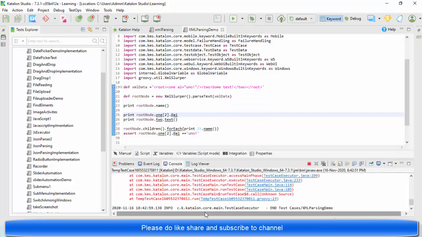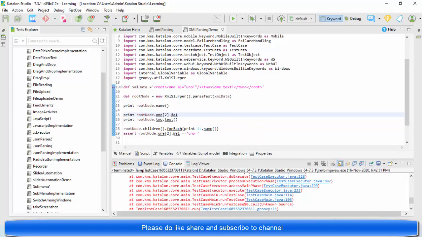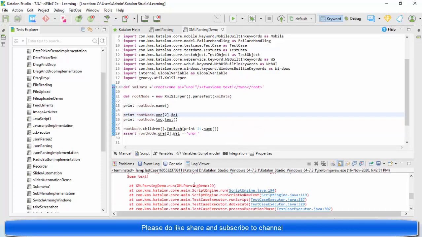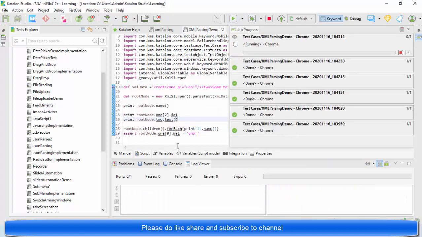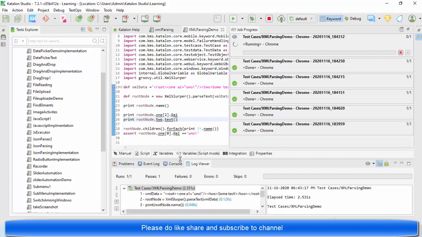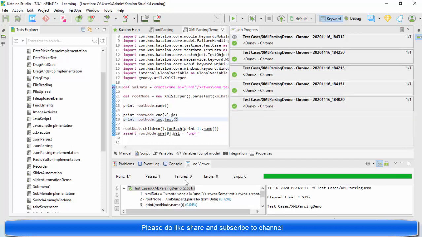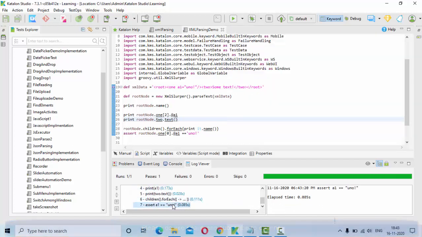This is a continuation actually. It got failed, it seems. Why? Okay, this is not there now. At the 0th index I have it. So this is a continuation of my JSON slurper video. If you haven't watched that video, please try to watch that video as well. It's very interesting. Now you could see it passed successfully.